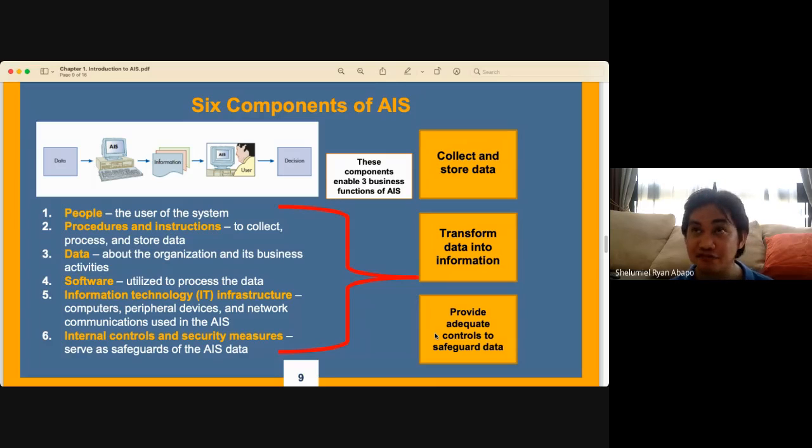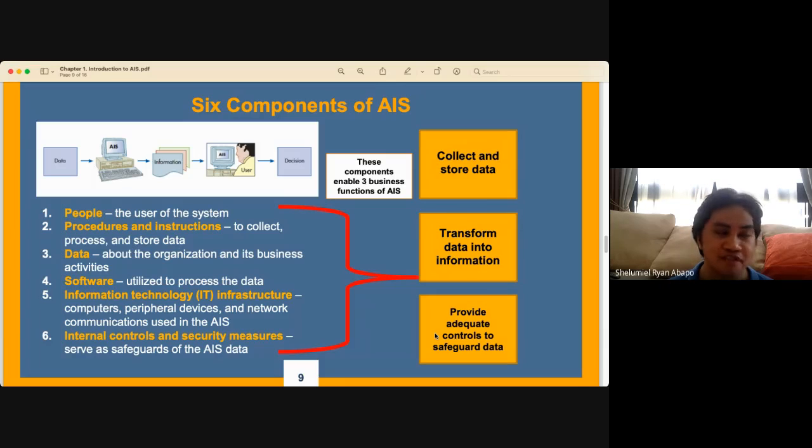This is for the automated ones, which will be comprised of computers, peripheral devices, and network communications that will be used in an automated accounting information system. And 6 will be the internal controls and security measures. You'll discuss thoroughly internal controls in your auditing theory. I'm not sure what's the name of that subject now, but in your audit theory, it will be comprised of